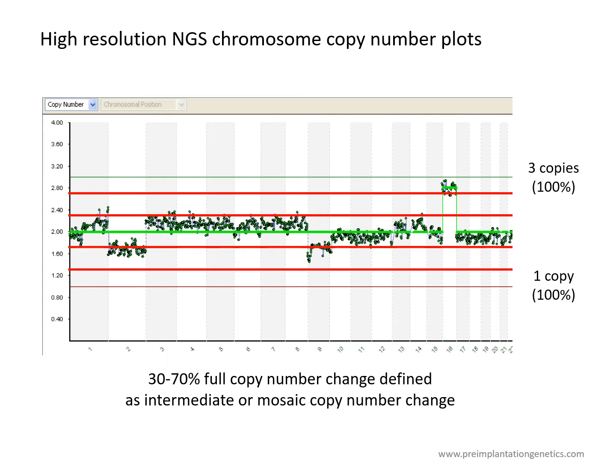There was a general consensus until recently that the thresholds should be set at 30 to 70% of the expected full copy number changes, and this is what I've represented here by the red lines, so that you can see that the variation around 2 copies falls within the two 30% boundaries,